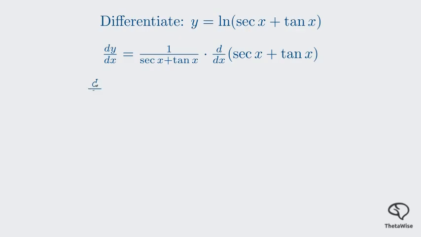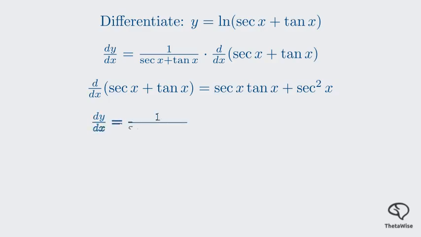The derivative of secant x is secant x tangent x. The derivative of tangent x is secant squared x. So the derivative of the inner function is secant x tangent x plus secant squared x. Now let's substitute this back into our expression for dy by dx. We get 1 over the quantity secant x plus tangent x, multiplied by the quantity secant x tangent x plus